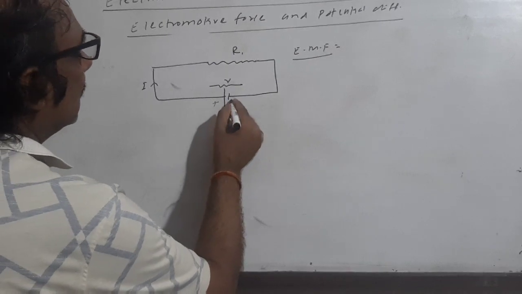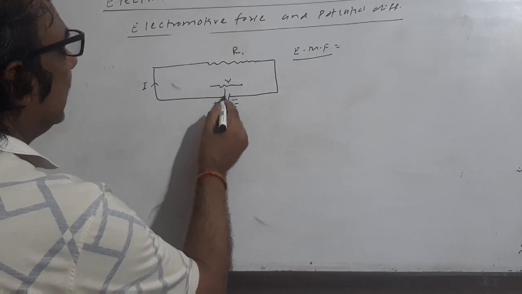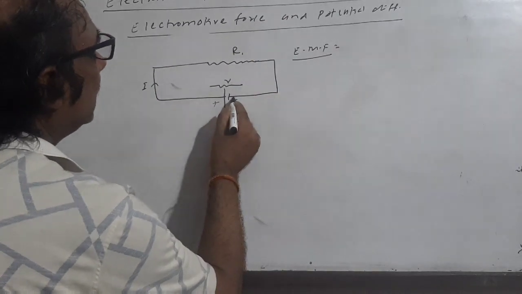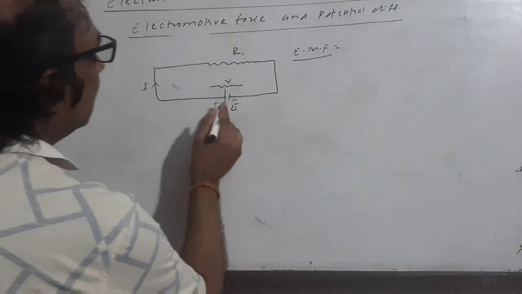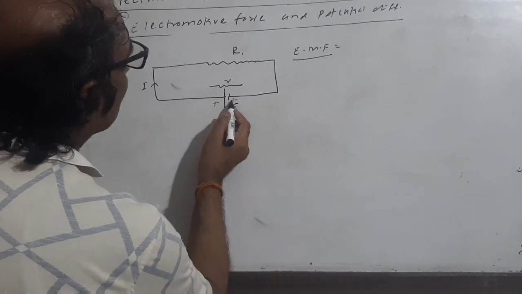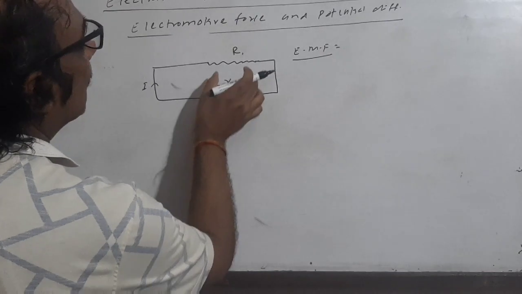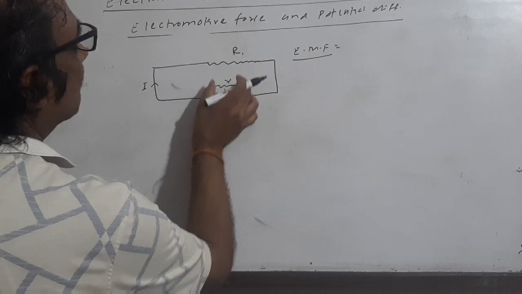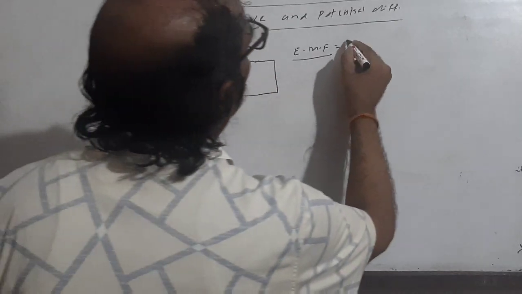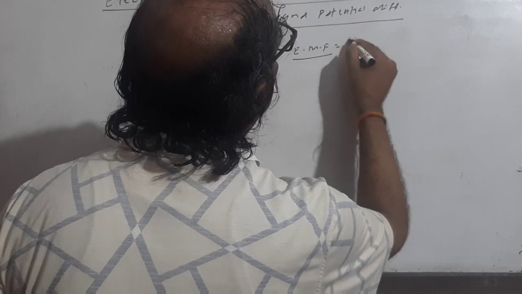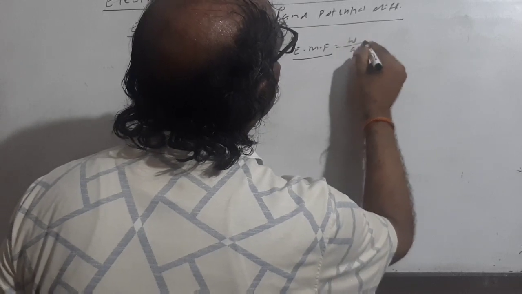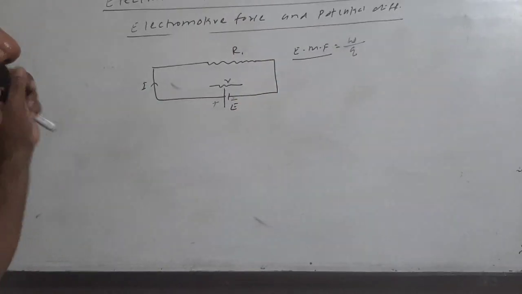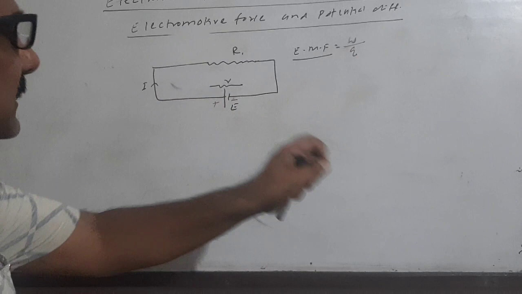It means the flow of charge from the plus terminal through R and into the negative terminal of E, and the charge also flows from the minus to plus. So there are two different parts: current through the capital R, and current through the small r. So electromotive force is equal to the work done needed to move the charge from one point to another throughout the entire circuit, including the cell.